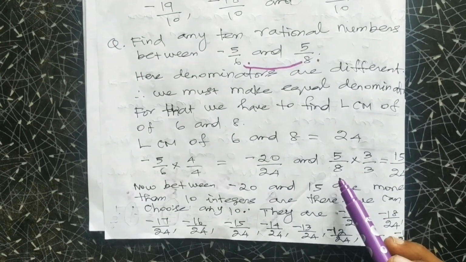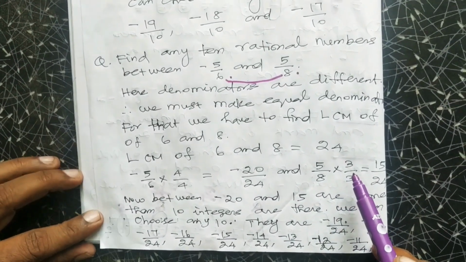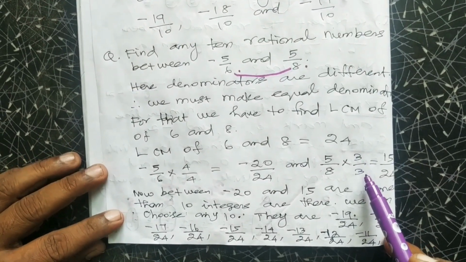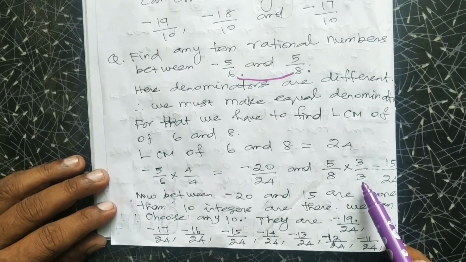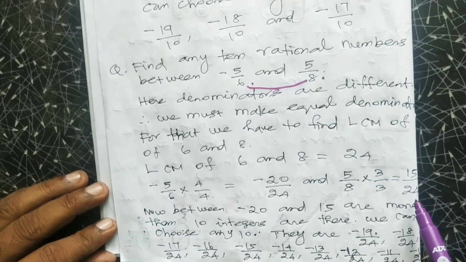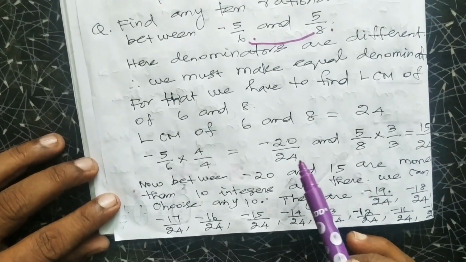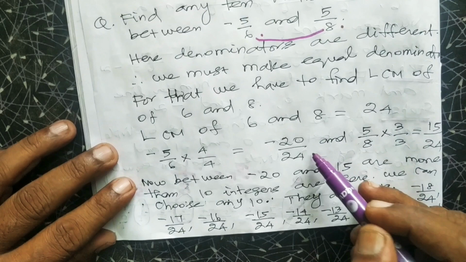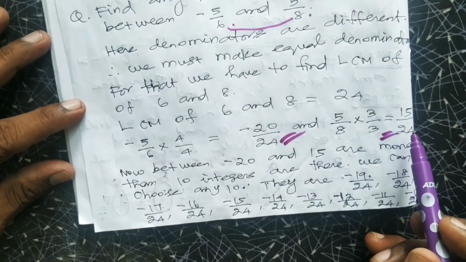Now the 8 table. 8 ones are 8, 8 twos are 16, 8 threes are 24. Then multiply the numerator and denominator by 3. Whatever you do by multiplication in the numerator, do the same in the denominator. Then only the value will not change. 5 threes are 15, and 24. Now the denominators have become the same. Minus 20 by 24 and 15 by 24. You see,